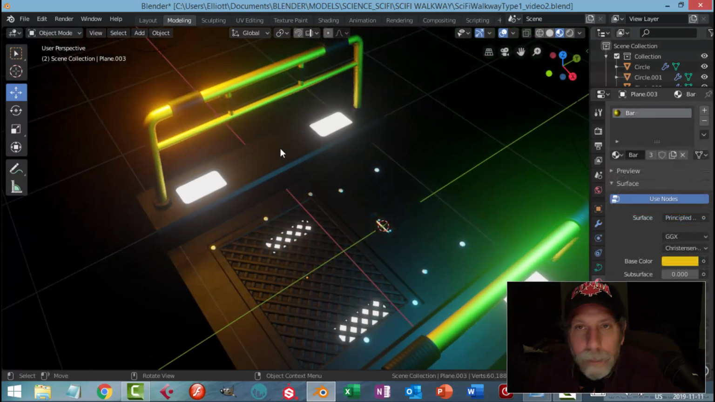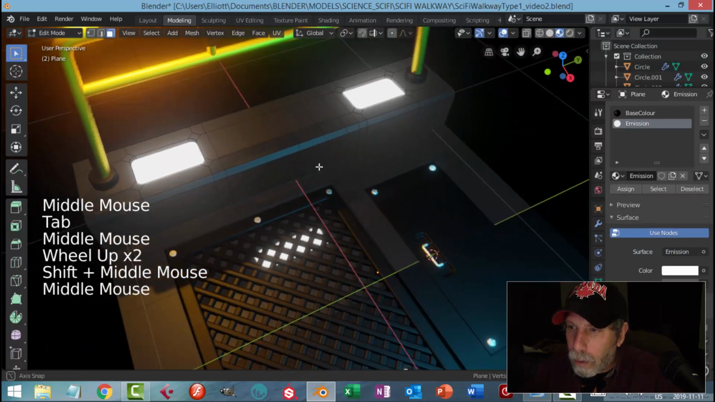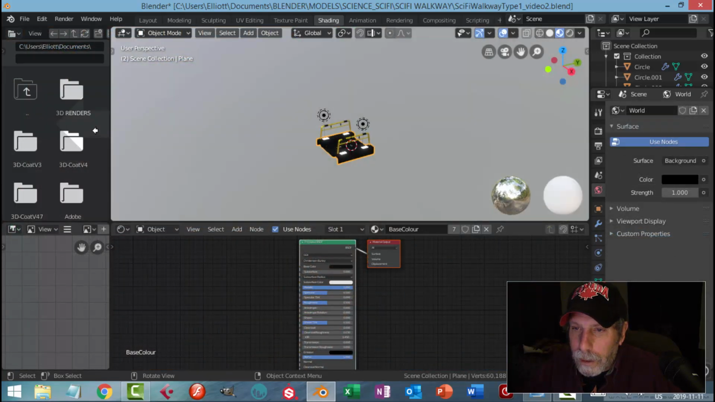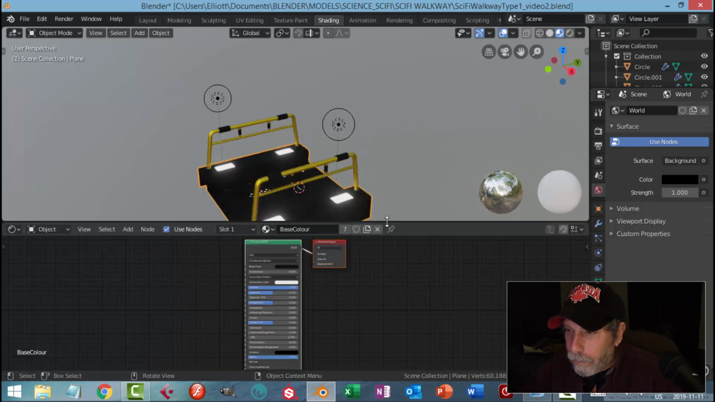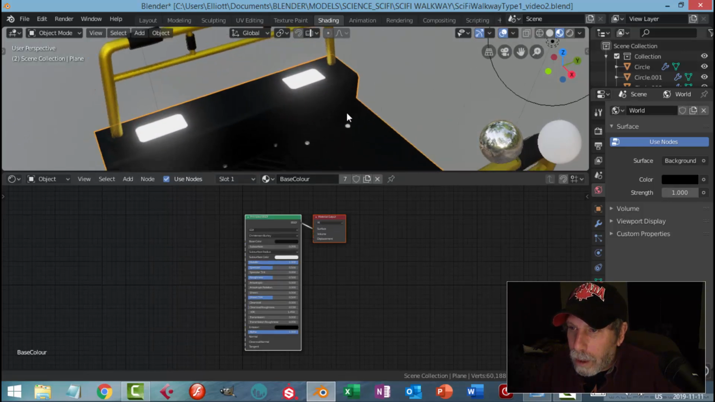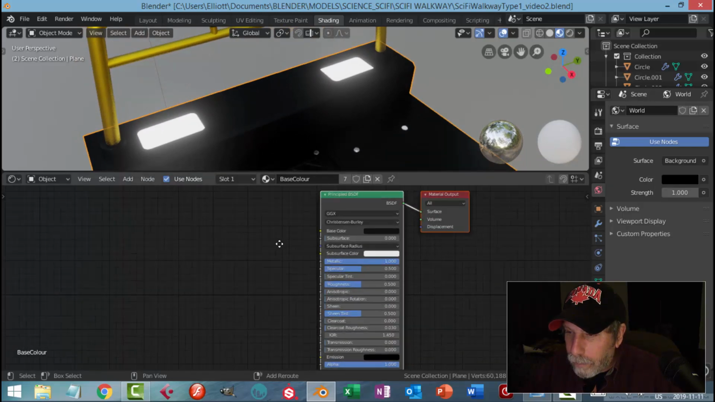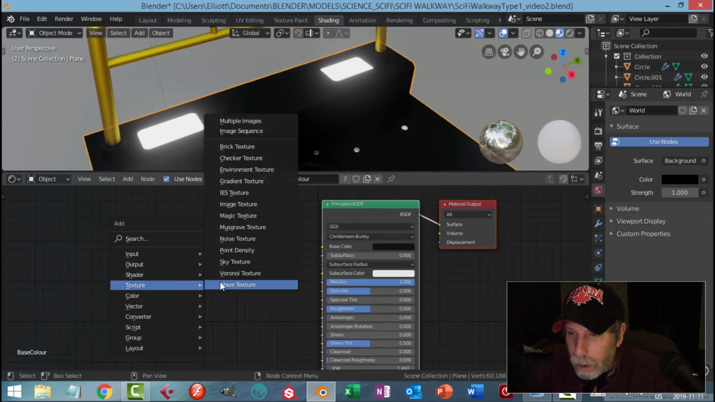Let's get in here and make that hazard sign, warning stripes, whatever we're calling them. I'm right clicking on that little dividing line and joining those. Okay, so I want to be able to see this. I'm going to come over here and go Shift A, texture. I'm going to be using a wave texture,